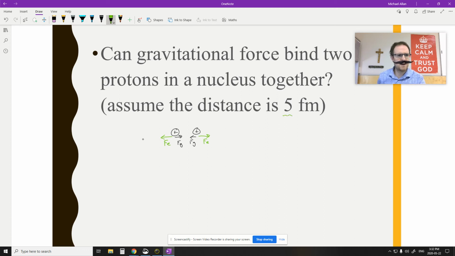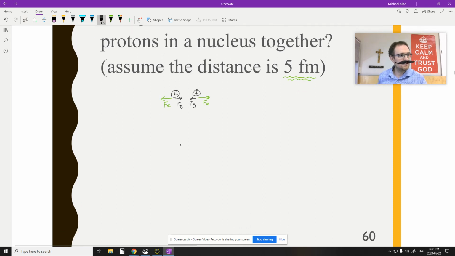They are 5 femtometers away from each other. And nucleuses are really, really small. Lots of protons in there. Lots of things trying to push each other apart. So something's holding them together. So it makes sense it'd be gravity. So let's double check. To find the gravitational force between 2 people or 2 objects, I would take